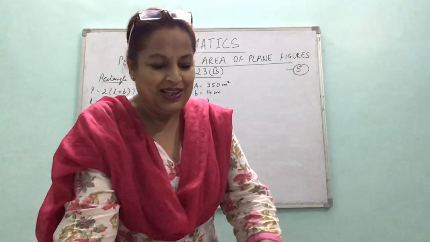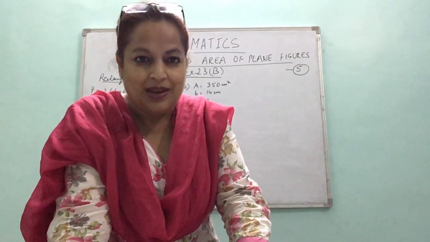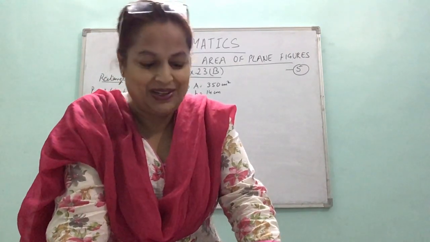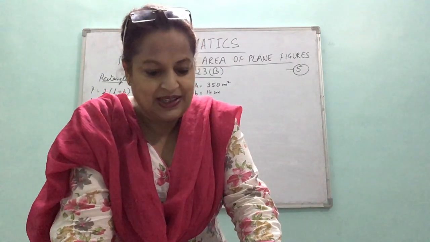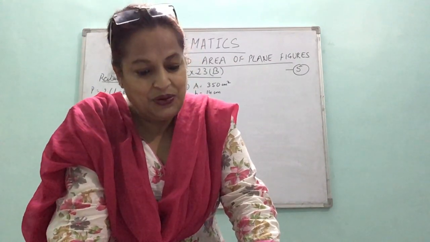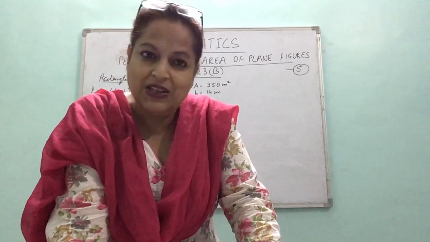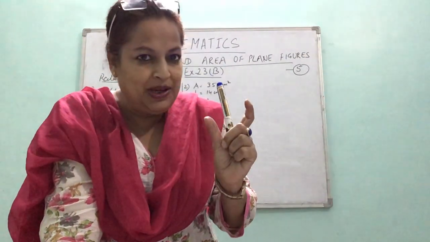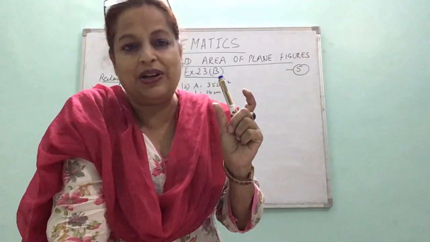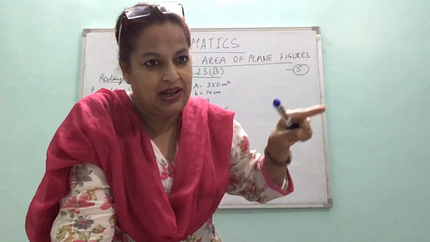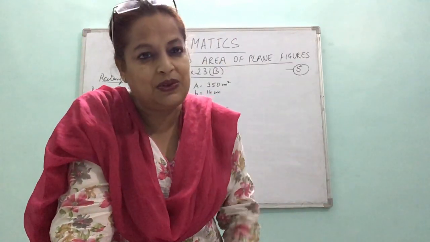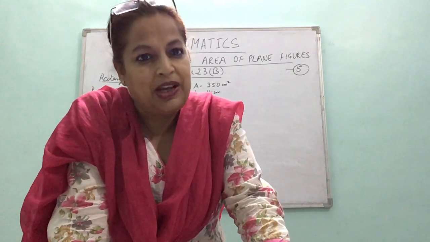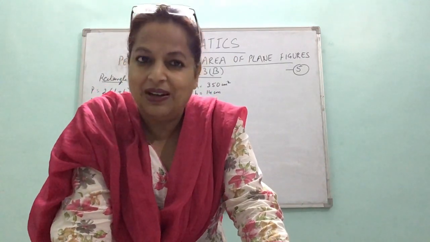Okay children, let's take 4th question. The 4th question is related to fencing. Fencing is related to perimeter, right? The cost of fencing a rectangular field at rupees 25 per meter is rupees 2000. Now this is an important statement. If only 1 meter of fence is needed, then it is 25 rupees. And if the entire length of the fence, then we have to pay rupees 2000. How this would be helpful to you? It would be helpful to you to find the perimeter of the field.